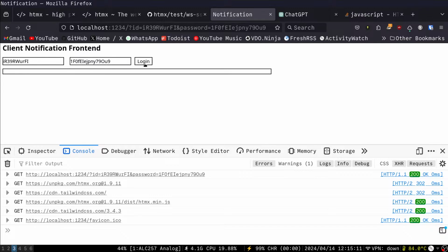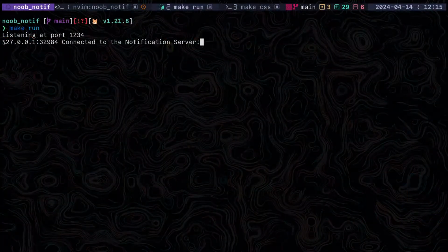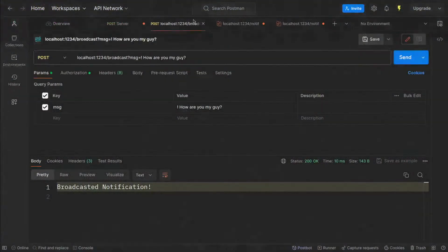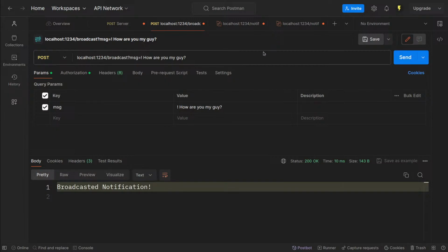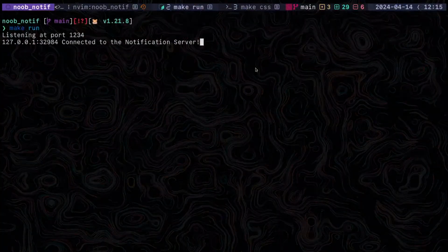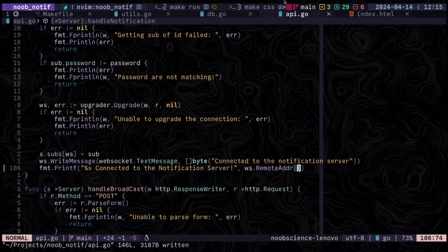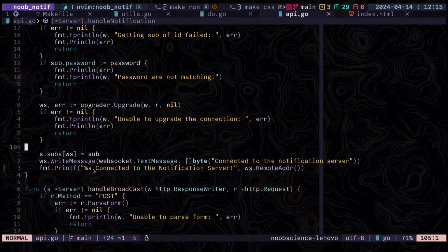Refresh login. You are connected to the remote notification server. Awesome. Yeah. And who else? And honestly, since we are sort of verifying it at this point,